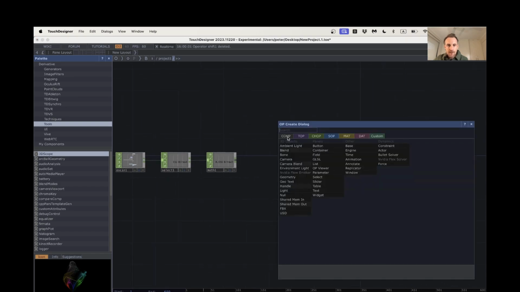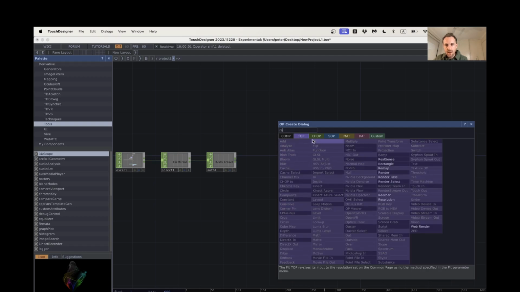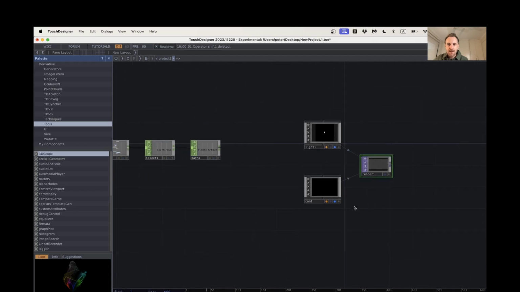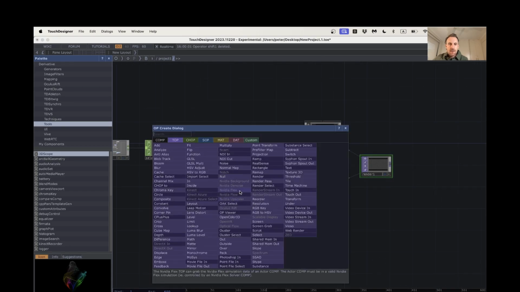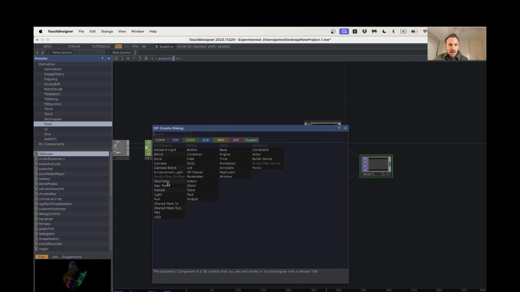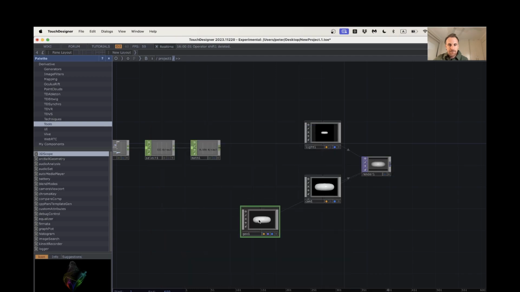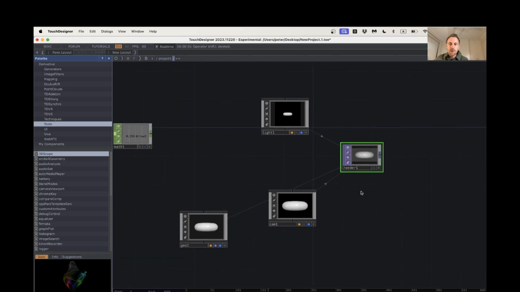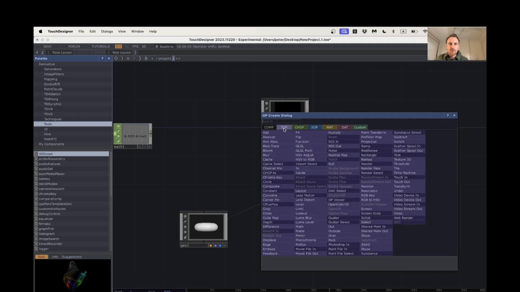And here we're still in the comp area. Then we need to go into render, and I need a render TOP. And once I add that in, it starts automatically connecting itself here. And the last thing I'm going to need is a geometry COMP. Once I've done that, our render here, now this is purple. Purple here, if I double click with my left mouse, just refers to TOPs,